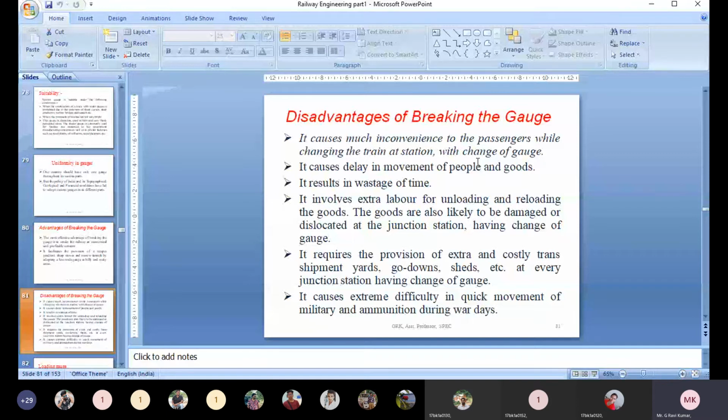Here, ammunition is nothing but the material which is used in bullets, or the material which is used to blast bombs or to kill people. That is called ammunition. Okay?